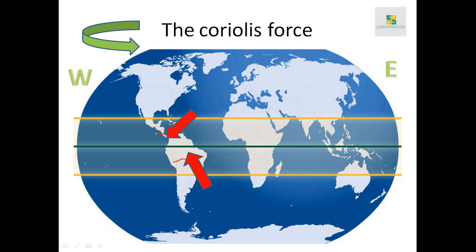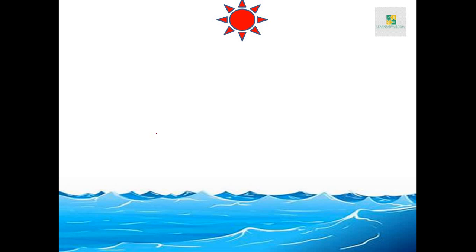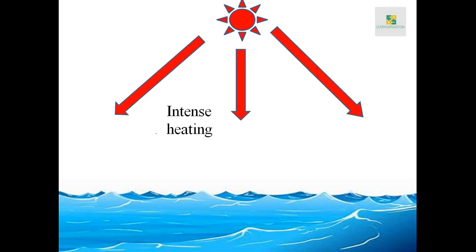Now let's see how the cyclones are formed. We have now understood why cyclone is found in the tropical region. Now let's see how cyclones are formed in the tropical region. You are going to the open sea and you are having a red hot sun at the top. It will result in intense heating of the ocean. Intense heating of the ocean will result in evaporation of ocean water, so that you are having moist air